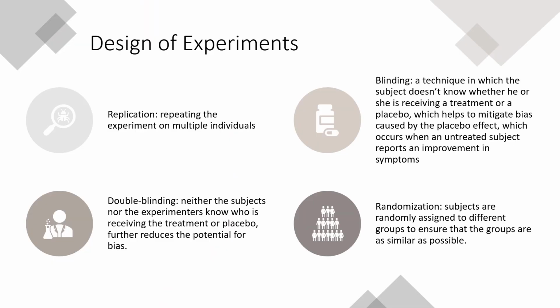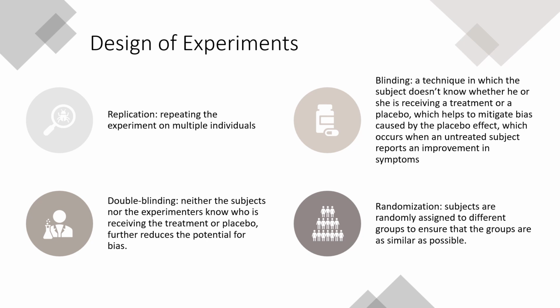A well-designed experiment includes the following key elements. The first one is replication, which ensures reliability by repeating the experiment on multiple individuals. For example, if we're testing a new painkiller, we won't give it just to one person. Instead, we will test it on hundreds or thousands of individuals to account for differences in age, gender, and health